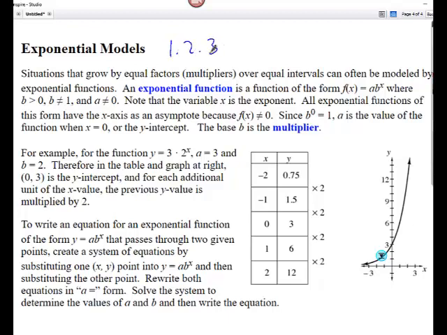1.2.3, and today we're going to talk about exponential models. We like exponential models, especially if you can relate it to your bank account or your investments. Anyways, exponential models have a tendency to take off. They have an asymptote down here, usually at y equal to 0. Sometimes it'll get shifted up and stuff like that, but that'll come later. Right now, most of the exponential models are going to have an asymptote at y equal to 0. So it hovers down here around 0, it gets really close to 0, and then it takes off, and that's